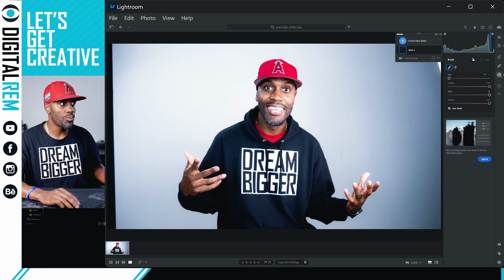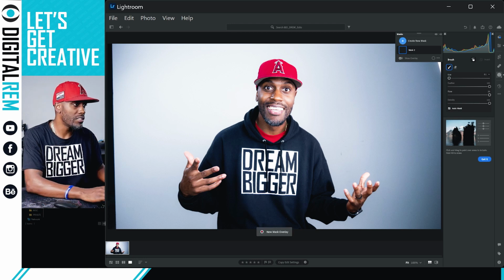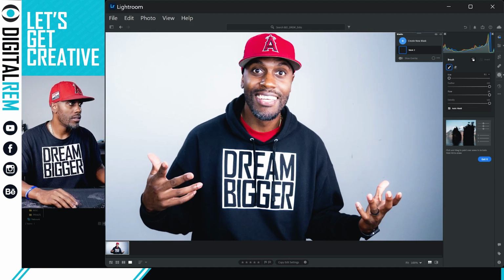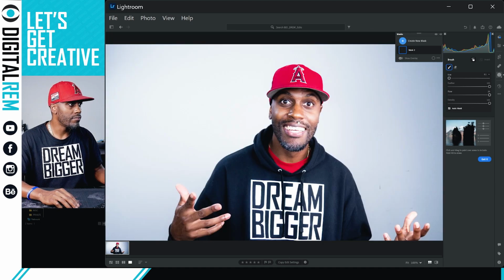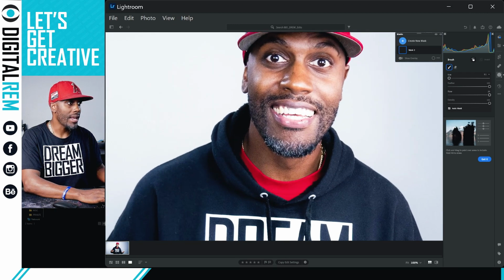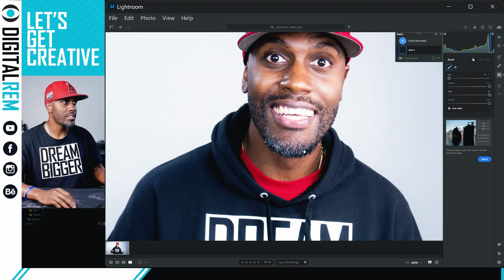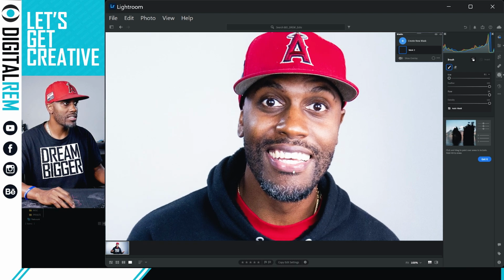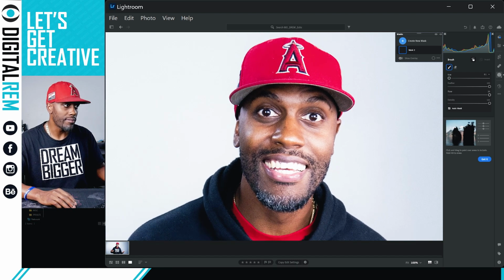You see we have mask 1. And usually how I like to break these up are just the different areas of the photo that I want to emphasize. The main areas, and again, you can get super advanced with this, but the main areas that I consider the most important,